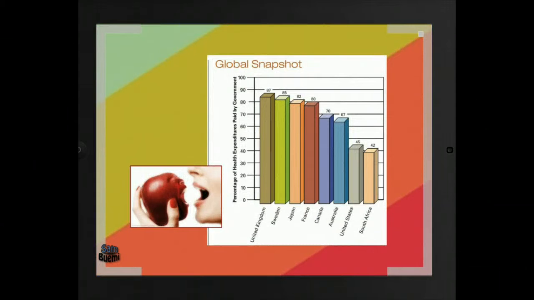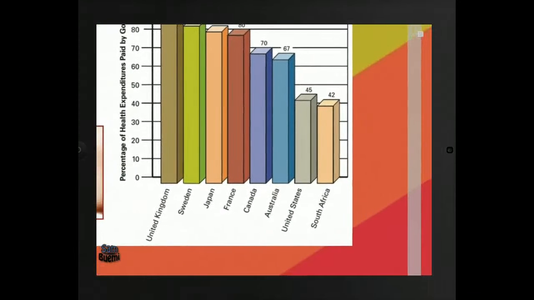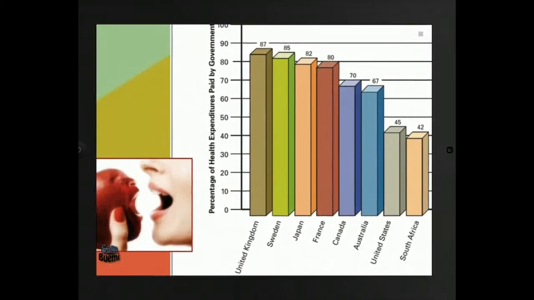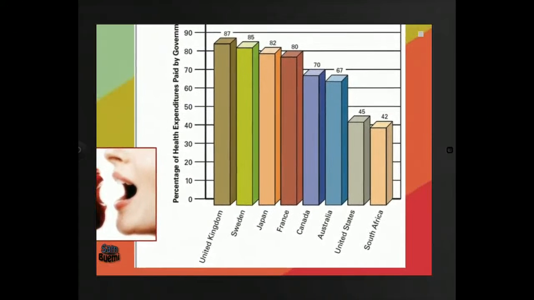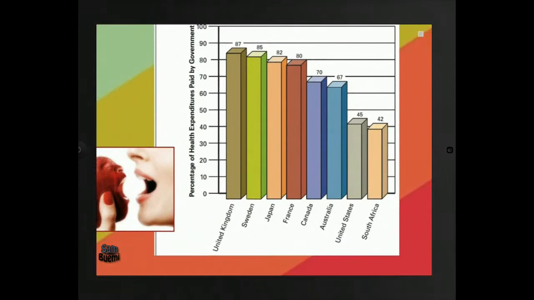If we start looking at the percentage of health expenditures paid by the government, you can see how much the United States pays, which is located in the gray column, compared to France, Japan, Sweden, the UK. So the health expenditures by the government, while they might be high, they're not as high as places in Japan, Sweden, the UK, but they are much higher than some other countries, including everywhere from Cuba and, of course, third world countries.